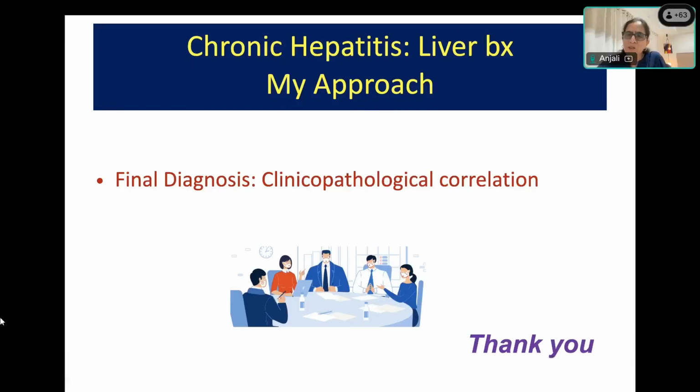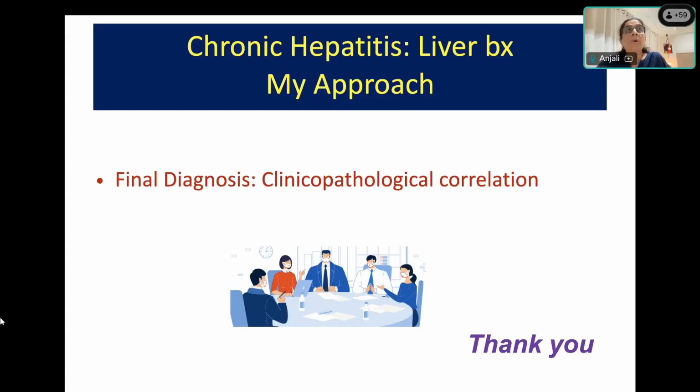Another question, ma'am. If the clinician is suspecting AIH with raised ALT and AST and with elevated ANA, and the portal tract shows moderate lymphocytes and no plasma cells, and interface hepatitis, can we diagnose autoimmune hepatitis? Just now I said that diagnosing autoimmune hepatitis is not just one point, that is, histology compatible. For diagnosis of autoimmune hepatitis, we require all these 3-4 things. So the diagnosis is not just the presence of plasma cells or interface activity.